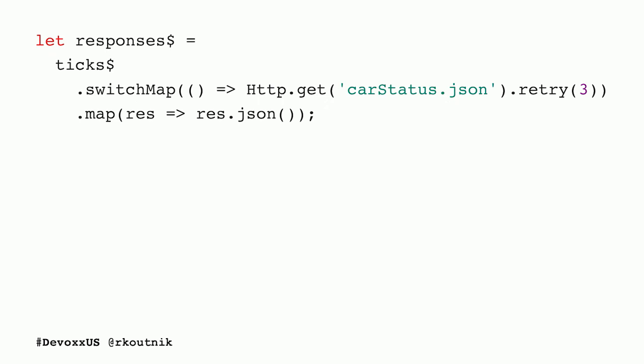Then we'd say our responses are going to take ticks. We've seen switch map. Yes, we know what switch map is. It's going to take the value and then throw it away. We'll get a new value before the old value. Got it. And in that switch map is remarkably the same thing we saw before, except with Angular's HTTP instead of observable.ajax. Angular's HTTP being integrated into the Angular framework, and therefore it can talk to the framework. Grab the car status.json or whatever endpoint we want to hit.